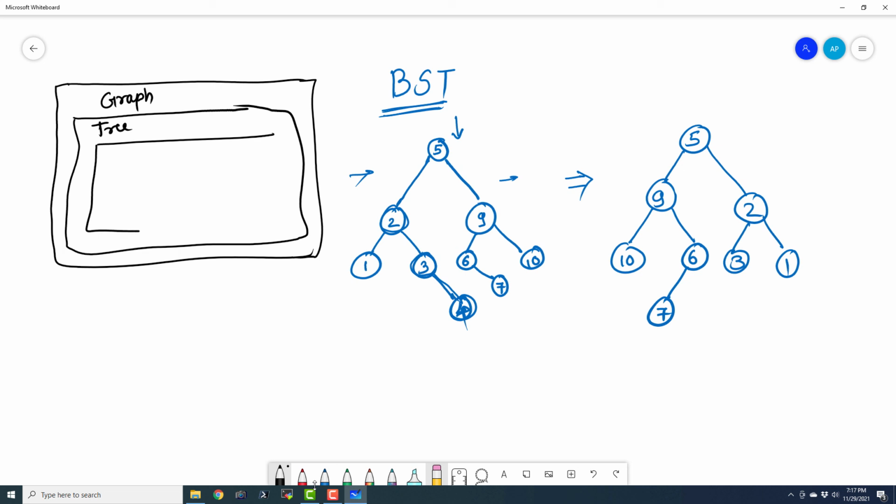Then we have binary tree. And then we have binary search tree. Okay. And there is also something known as heap, but I'm going to cover that in some other episode. So this is all about trees, binary trees and binary search trees.